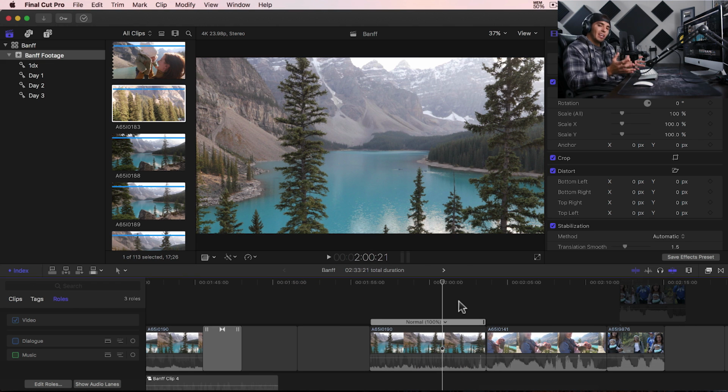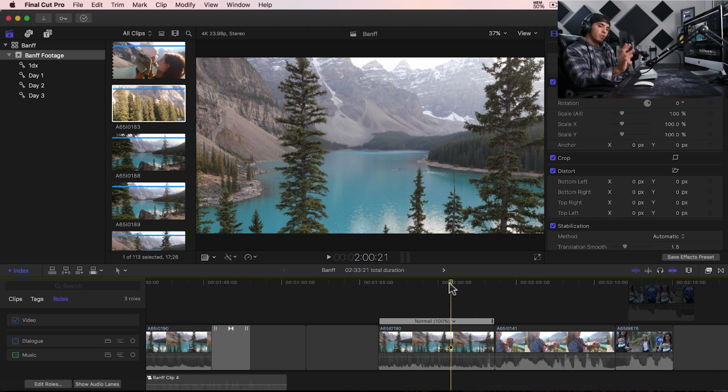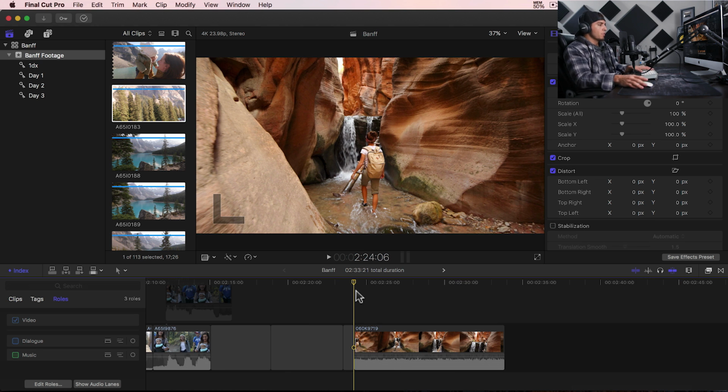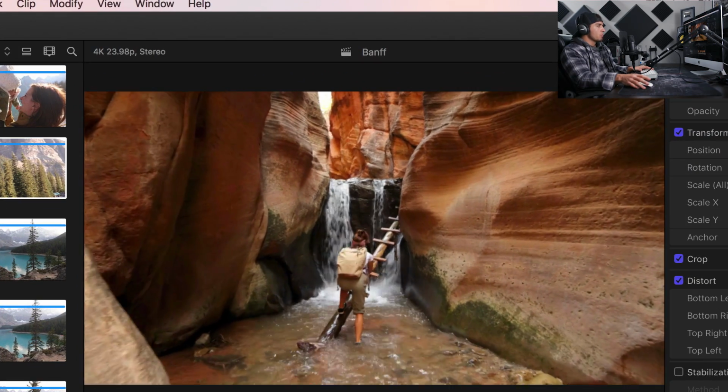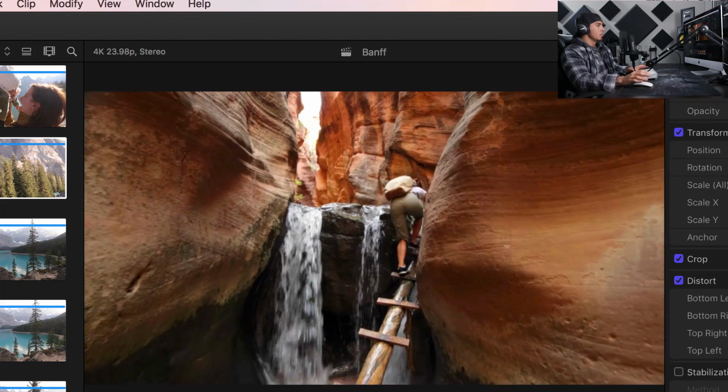Now on this project, I didn't have a ton of shots that needed stabilization, and in general, I really don't use post-stabilization software that much, but there are times that I do use it when I want to smooth out a shot even more. Here's a shot from southern Utah that I took. We'll show it to you without stabilization. So it's already pretty smooth,